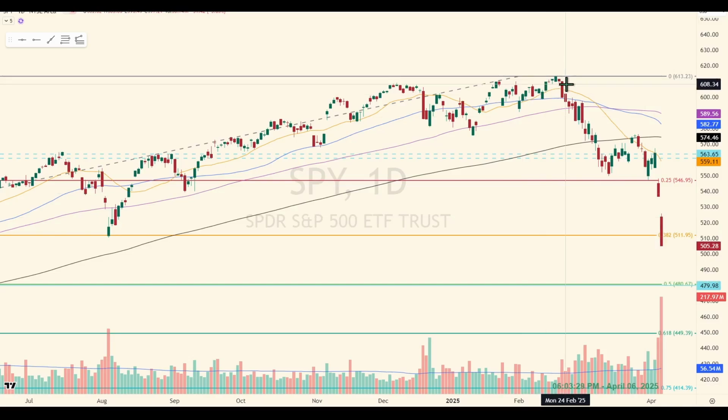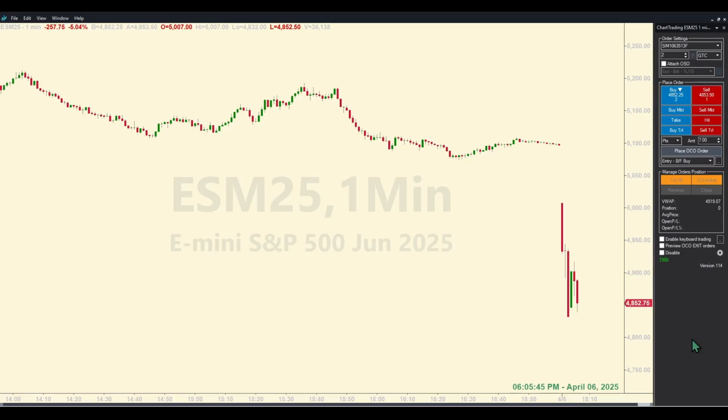So with all that back in mind, we're looking at a daily chart. And this is a possible target well below current price, but at the rate they're falling, anything can happen. Since it's after 6 p.m. on a Sunday, I figured I would come over to the futures just to see what they're doing. And look at this, a gap down, this 6 p.m. open, 100 points or so, and they're just falling. Can't say that's too surprising at this point.